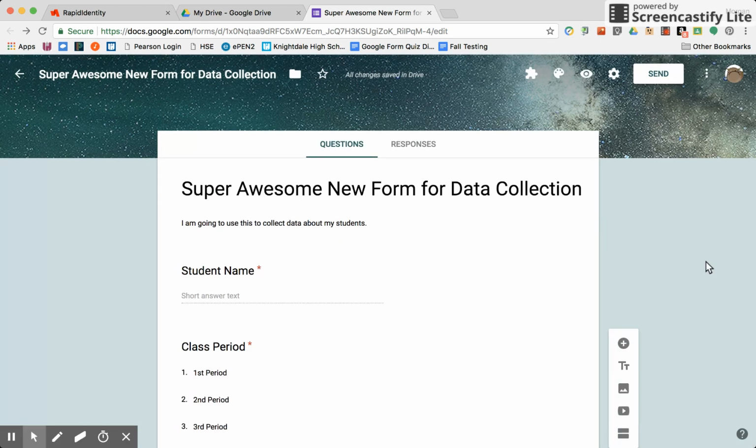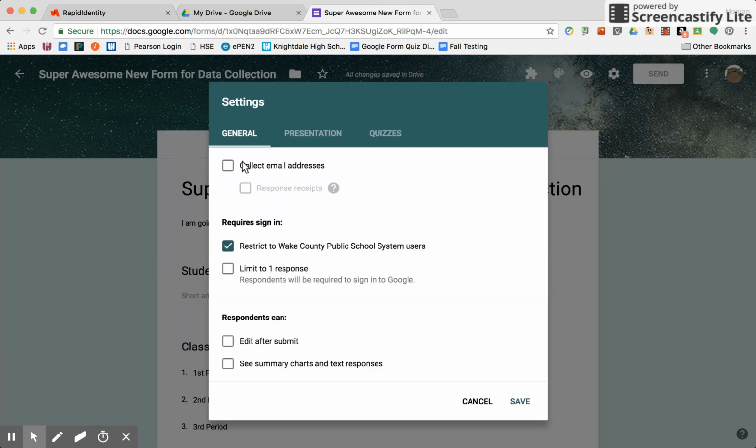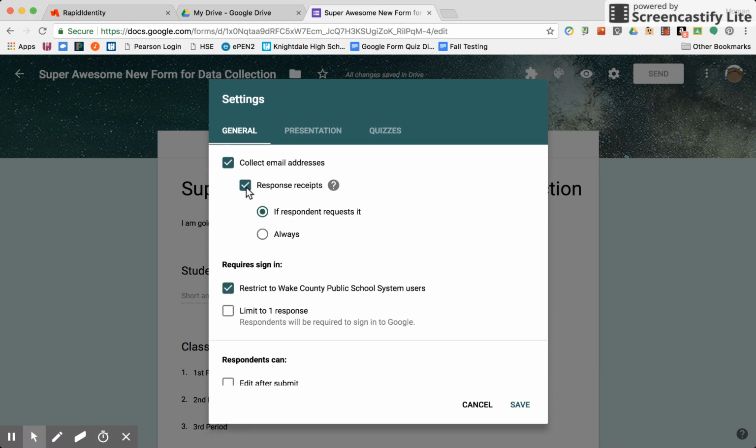And then the next step, once you have the form created, all the questions you need people to answer, then you want to look at your settings first and make sure all the options there are what you need. So if you want it to collect email addresses, you can check that box. Response receipts, that just means that they have the option. You can either have them request it, like if they want a copy of the answers that they submitted, then you can allow that. Or if you just want to automatically send them their responses, I don't use that a